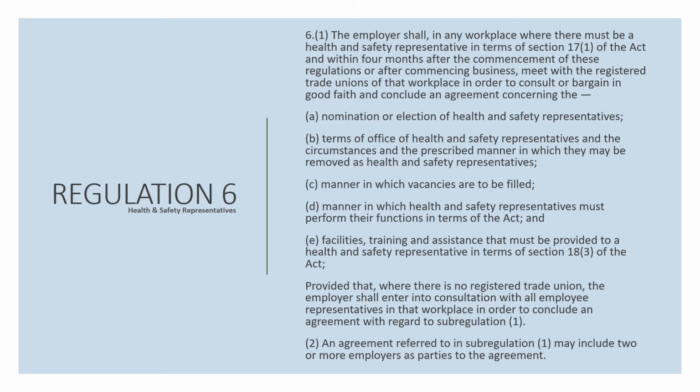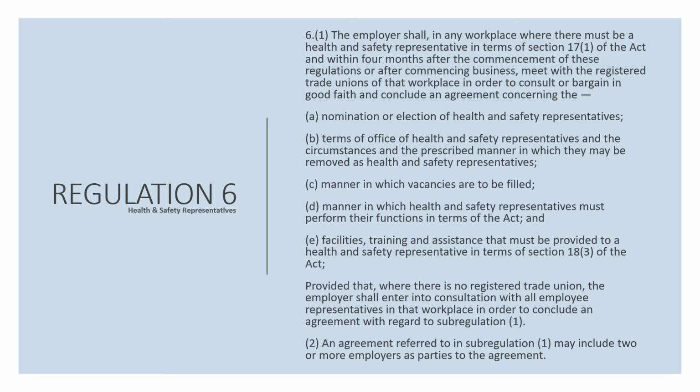The employer shall, in any workplace where there must be a health and safety representative in terms of Section 17.1 of the Act, and within 4 months after the commencement of these regulations, or after commencing business, meet with the registered trade unions of that workplace in order to consult or bargain in good faith and conclude an agreement concerning the A. Nomination or election of health and safety representatives,